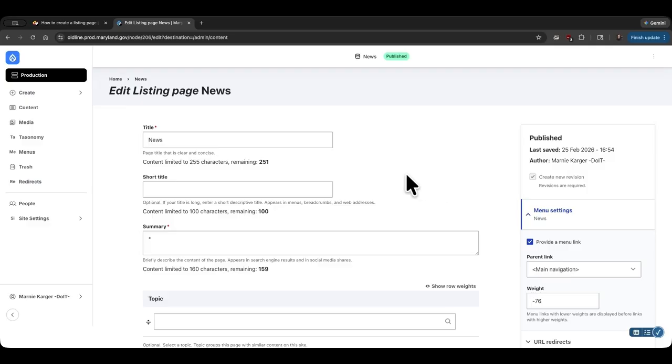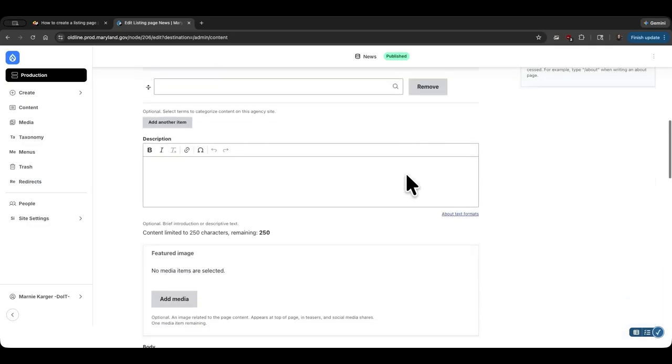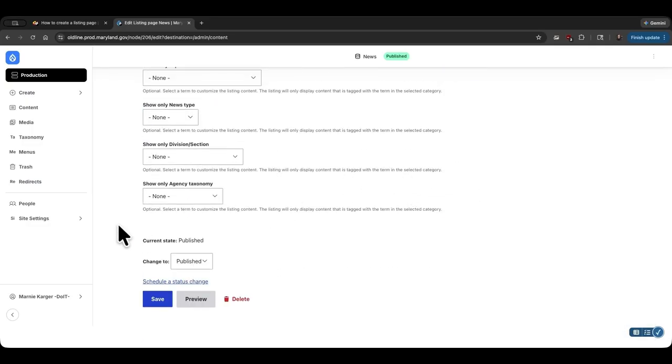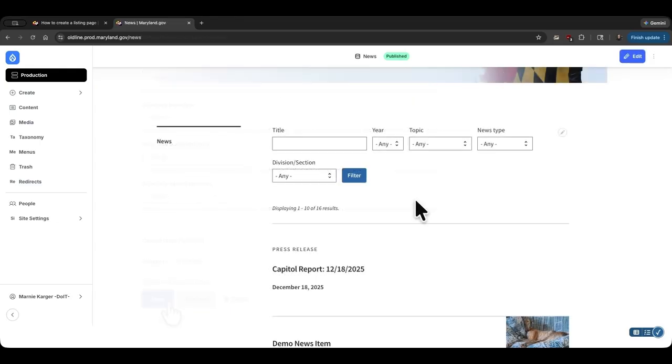Make any changes you want to make here, then scroll or go to the bottom of the page to save your changes. As you can see, listing pages can be created and adjusted to share specific content in a highly customizable way. Be sure to check out other tutorials on topics related to listing pages, such as automatic lists, news,